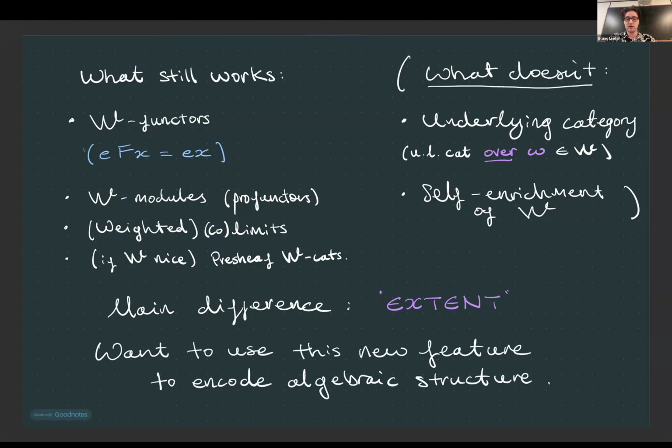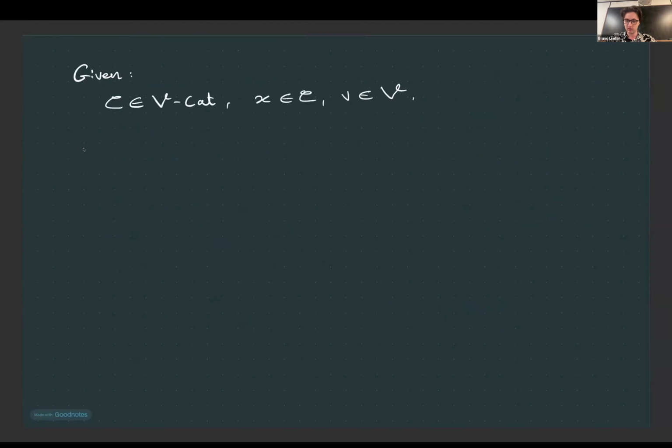So the idea is, I mentioned right at the beginning that we're interested in using certain enriched colimits. I just told you that there isn't an underlying category, but in a lot of cases, you only care about objects over a single thing in the base. So there's something that works pretty well. And you can use enriched tensors to get algebraic operations working as you want them to. Just briefly, again, I'm not going to recap the exact definition of how tensors work in ordinary enriched category theory.